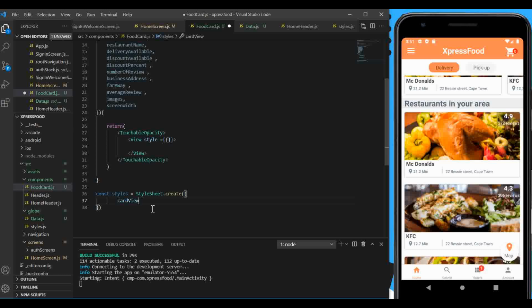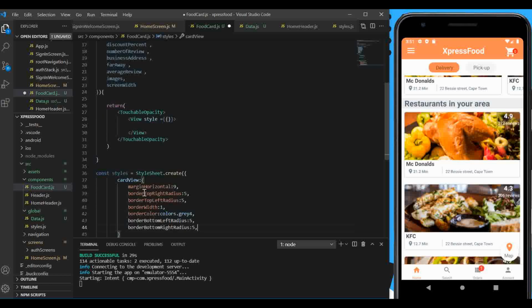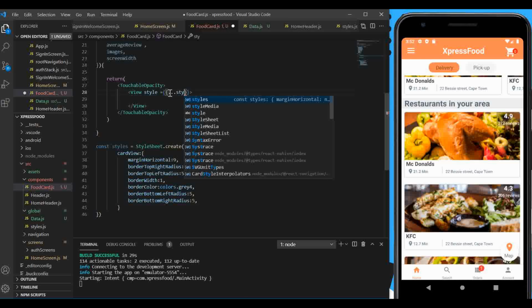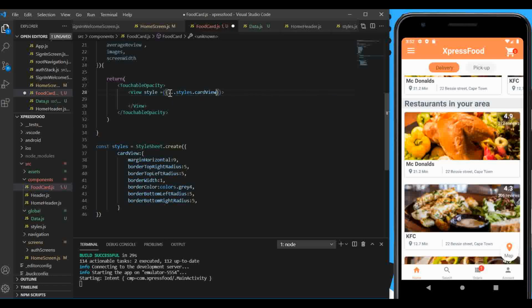So this is the parent style for this card view, and this will be an object. I'm going to paste some styles so that we don't waste a lot of time typing all these styles. You can simply pause the video and paste these styles. These are the styles for this, and then inside this we're going to spread the styles that we just created, styles.cardView, and also